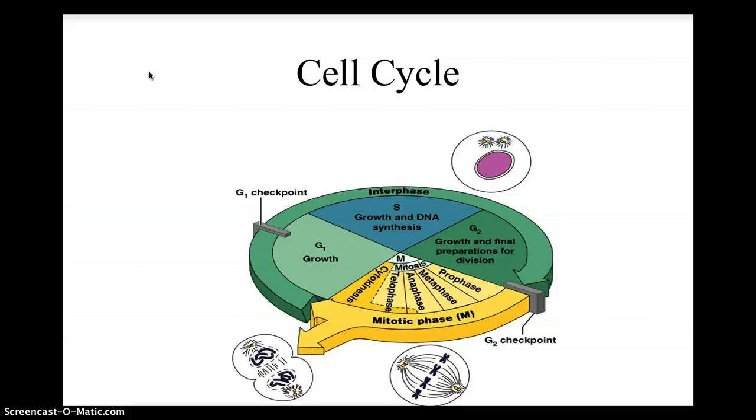Looking at the cell cycle, there's a series of events that are initiated. Most cells are actually just in a period called the G0 phase. In the G0 phase, the cell's just doing its normal job. So if it's a muscle cell, it's contracting and relaxing. If it's a nerve cell, it's sending sensations and so forth. But they can be triggered out of the G0 phase periodically into this version of the cell cycle, which consists